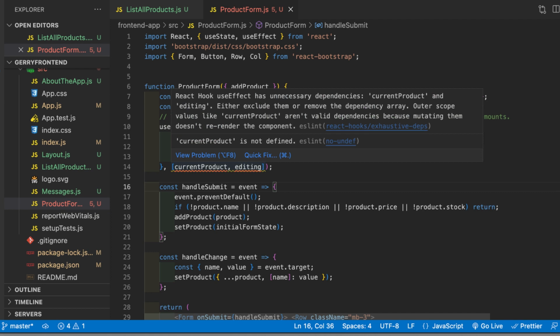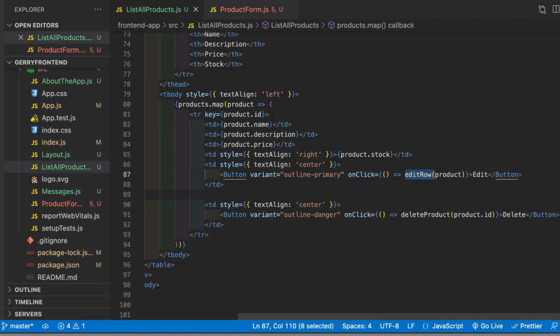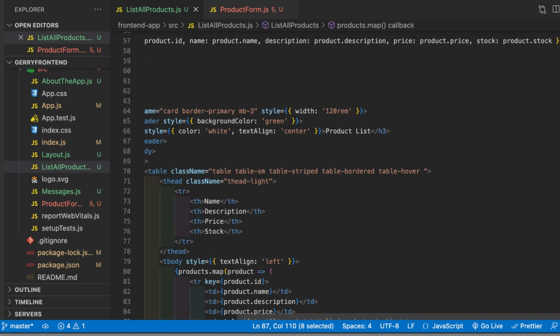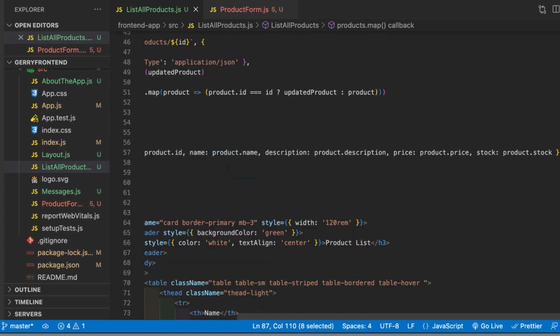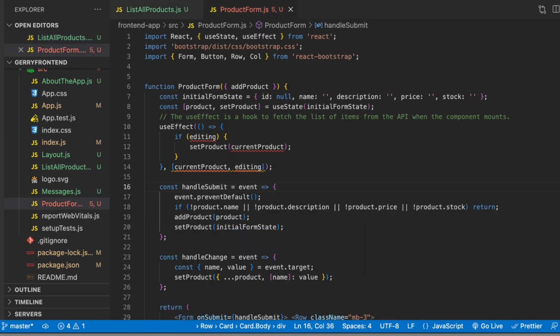And we are basically saying there's errors here because our add product is the only thing that the product form is taking in. But when we were doing this across in here, we were saying that we were going to pass in some other details, but we haven't actually set that in the product form. We've only got the add product. So we will need to change that. So we will change that to say